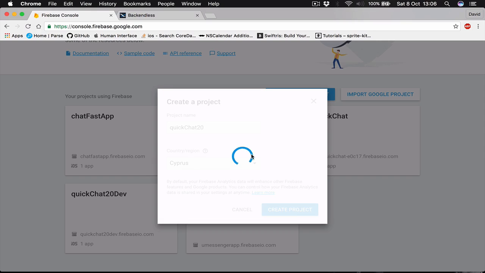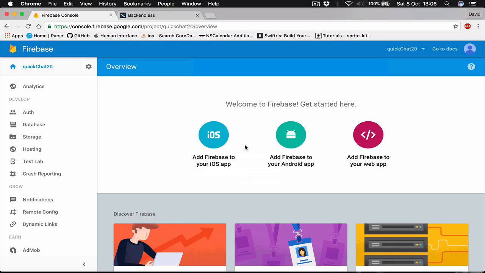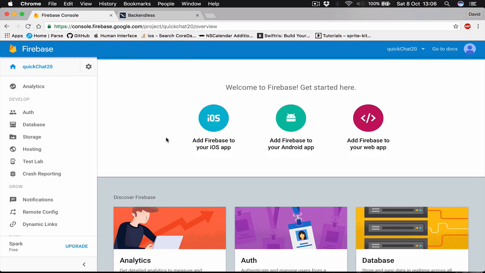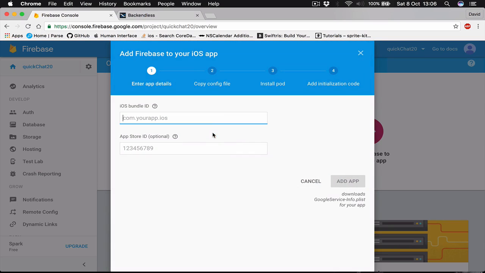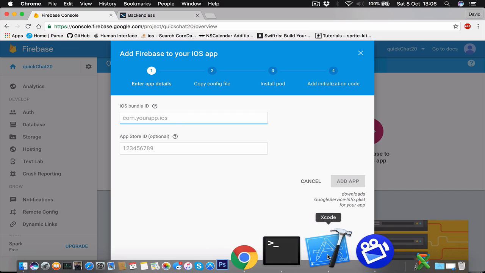Now Firebase will do the setup for us, and then we are going to download the project plist file. So this is our project right now, and it says we can do the getting started. I'm going to click on iOS, and here it asks us a few questions about the iOS bundle identifier. So in order to get this, we need to go to Xcode,